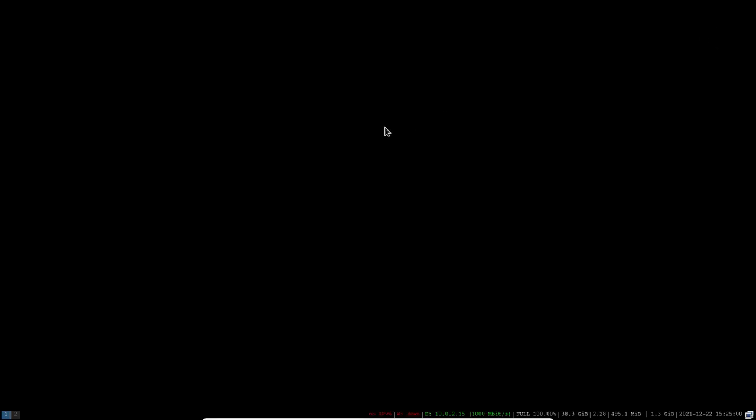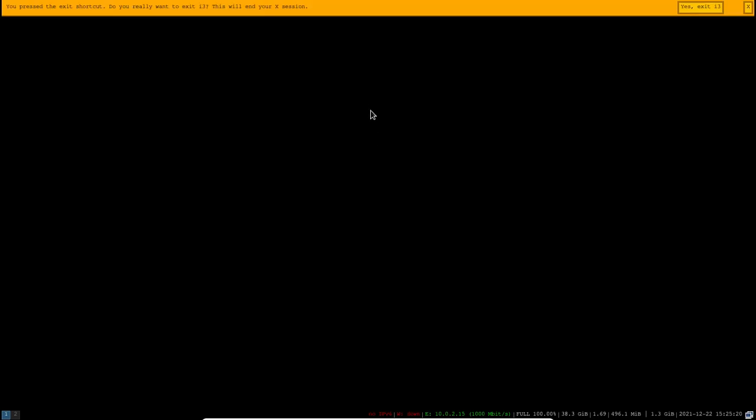Alright, so this is basically how you use the Net Installer edition. Like I said, the same way you can set up some backgrounds and other things. So basically this is up to you how you want to configure the i3 window manager after you have installed it with the help of Net Installer. How do you log out, by the way? Mod shift E. Alright, in i3 it's mod shift E.